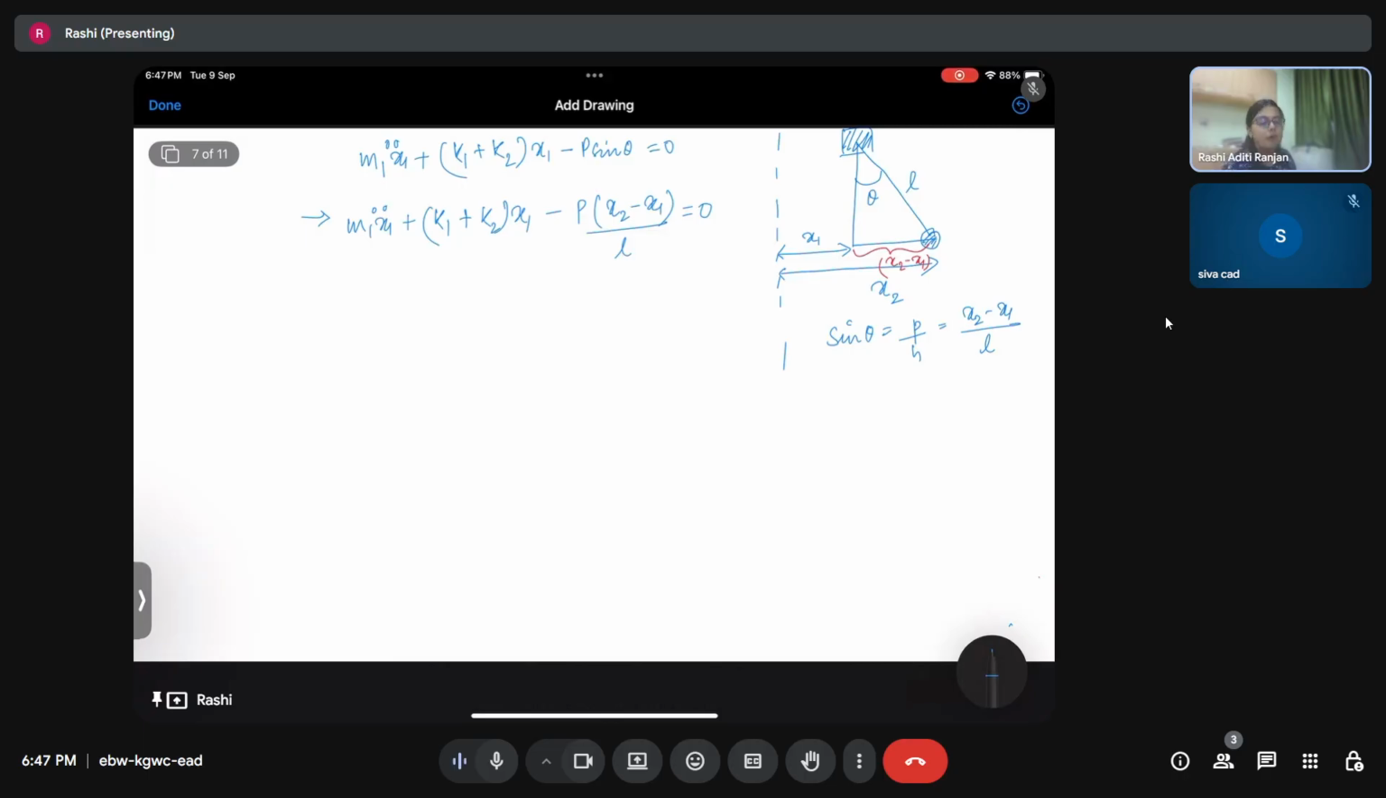Similarly, if we talk about the bob, now we have x2 as the displacement of the bob, and a force acting over here. But this time, this force is in this direction, and we are concerned about the horizontal component of the force P. So if this is theta, this is 90 minus theta, because this is a right angle triangle. So we'll have P into cos of 90 minus theta, which will be